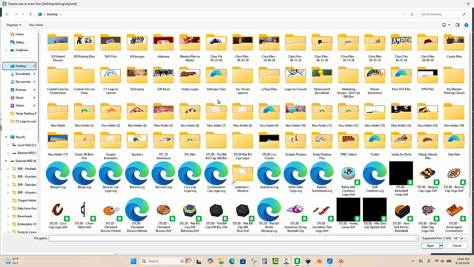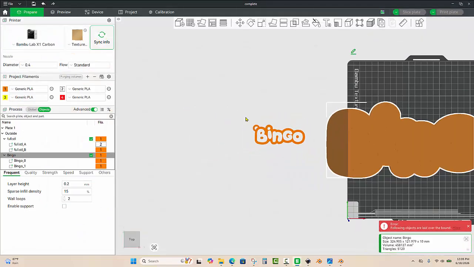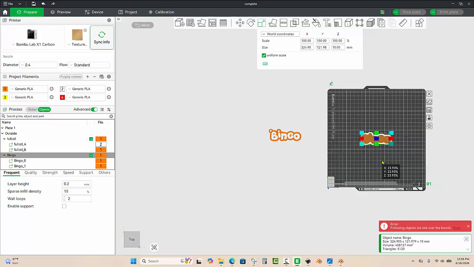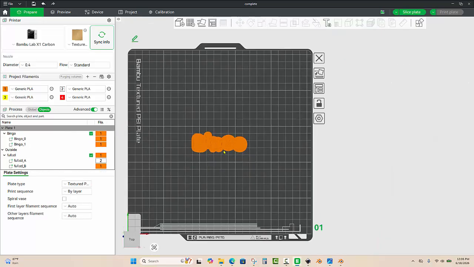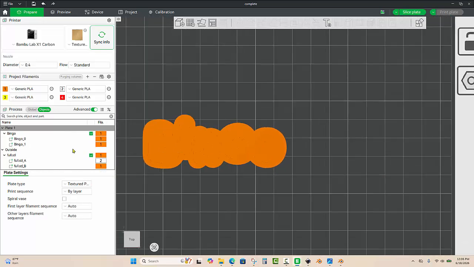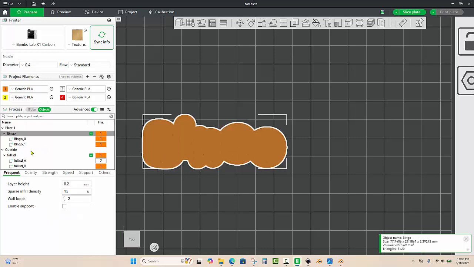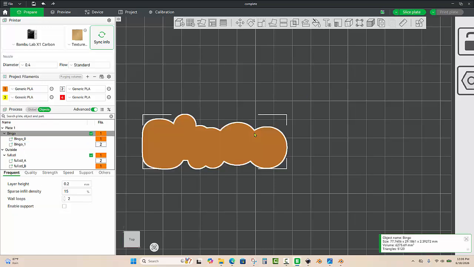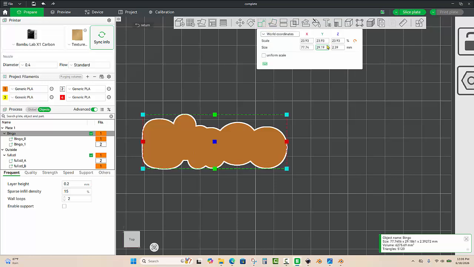Now let's go back into Bamboo and hit Control I. Go to our desktop where we have Bingo. So now Bingo is nice and big. So let's go ahead and resize Bingo. Right there. Okay. And then you can see here, if I select this, we have two pieces. This one's going to be turned to white. Let's go ahead and select that, and we will change the overall thickness to, let's just do 4 for this